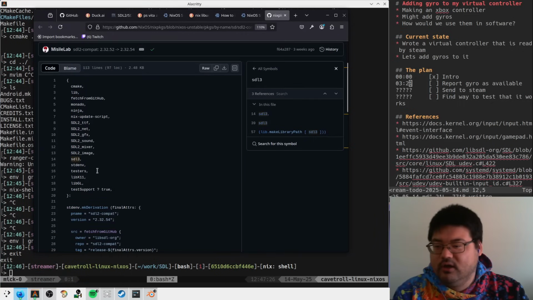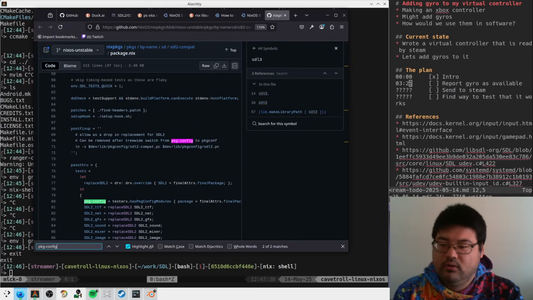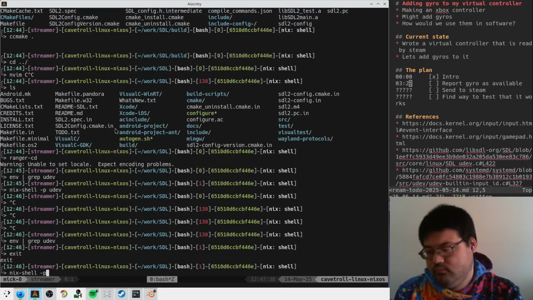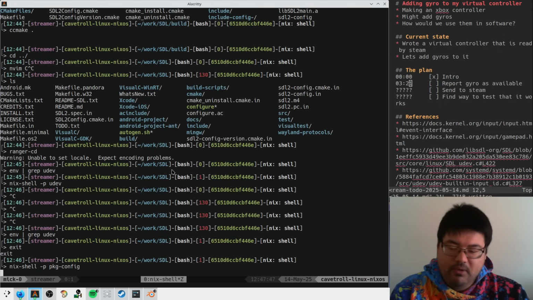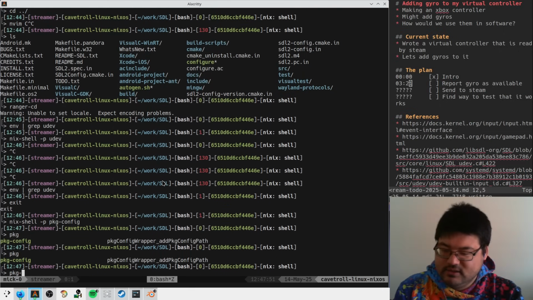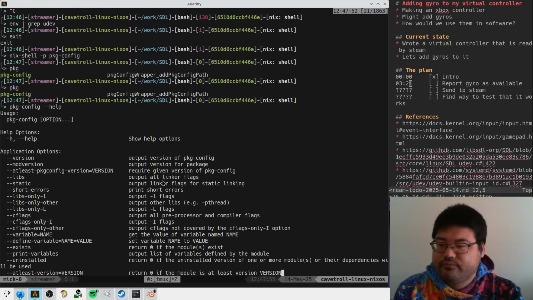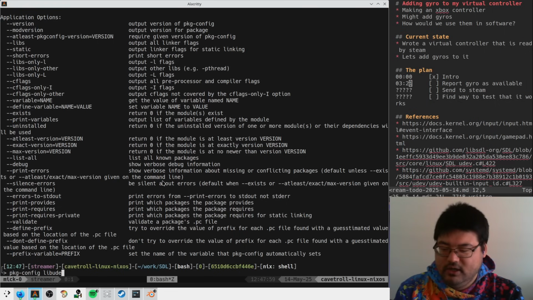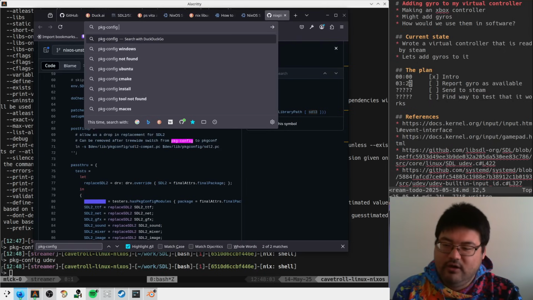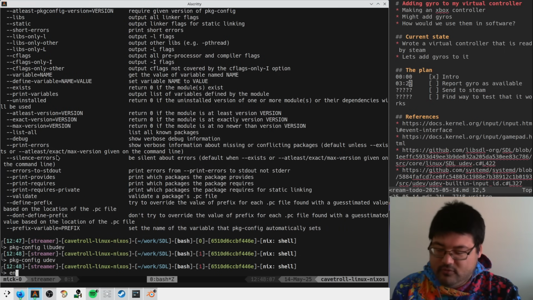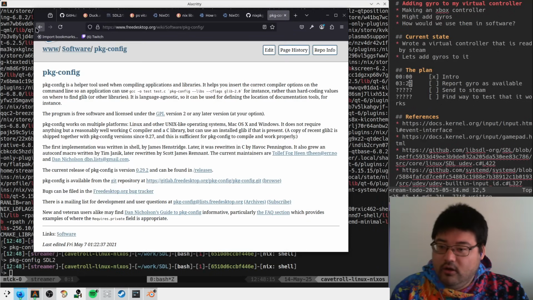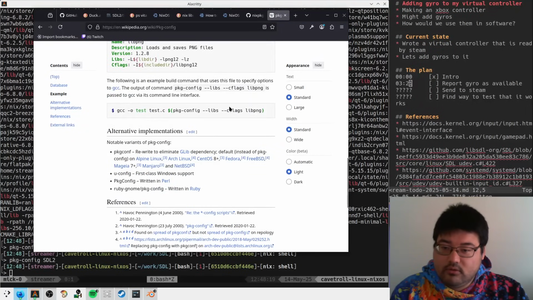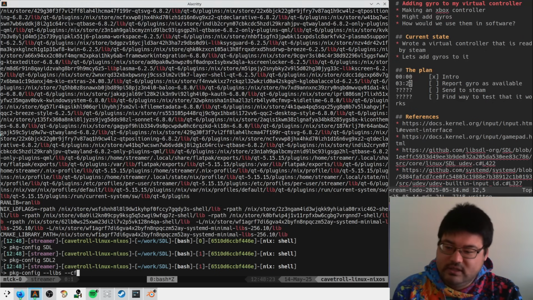Maybe I need. Do they have package config here in the list of things that they're using? It seems kind of likely that CMake is using package config to check if it exists. Maybe we can run package config ourselves and see. How do you use this program? Like package config libudev. Like if we do package config SDL2. No, how do you do this? Package config libs cflags